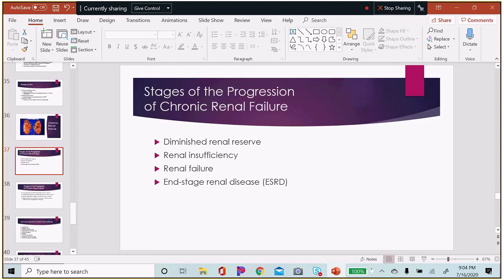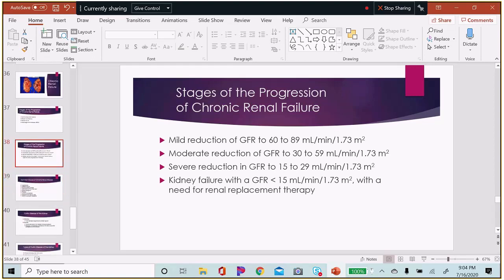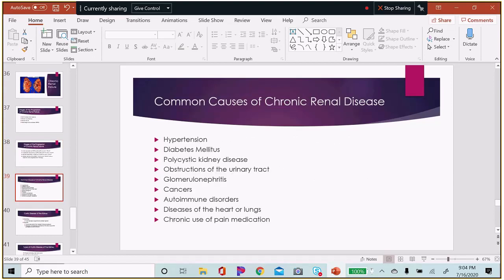So stages of chronic renal failure start with some renal insufficiency and end with end-stage renal disease. And these stages are usually based on GFR, with a mild reduction to kidney failure and the need for replacement, either with dialysis or transplant if possible. So common causes of chronic renal disease are listed here, like we've been talking about, are hypertension,